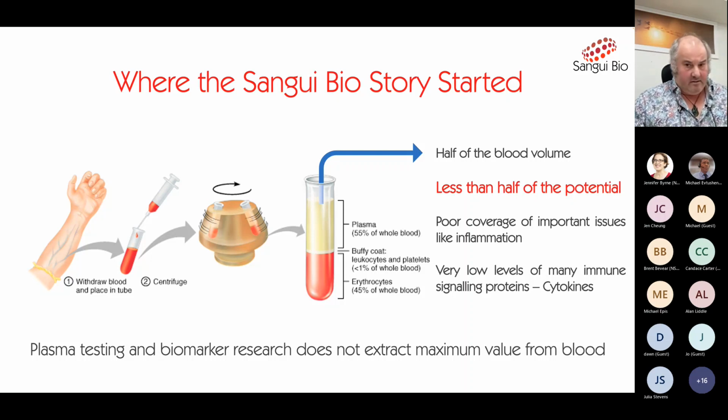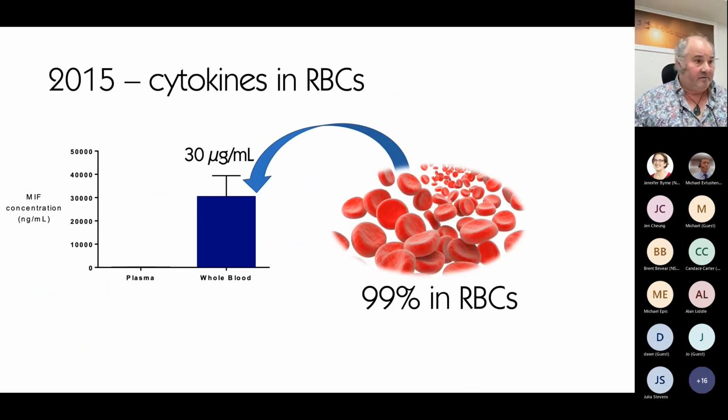And the problem that we ran into, and we were just lucky, like a lot of things that you find, we happened to be looking at MIF, which is macrophage migration inhibitory factor. And this work was being done by Elizabeth Carston, who was a PhD student at that time and went on to co-found Sangui Bio with me and Alan Little. And her PhD completely changed at this point when we were struggling to get sensible, reproducible answers looking at MIF